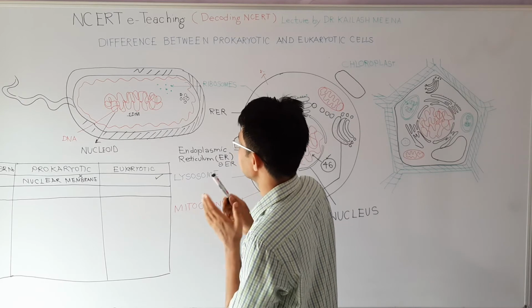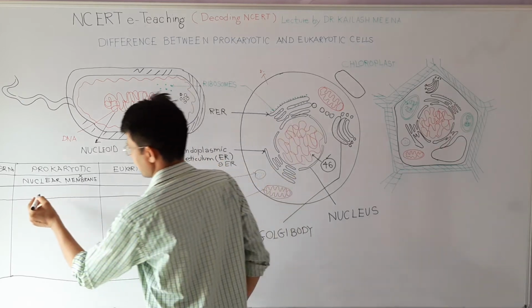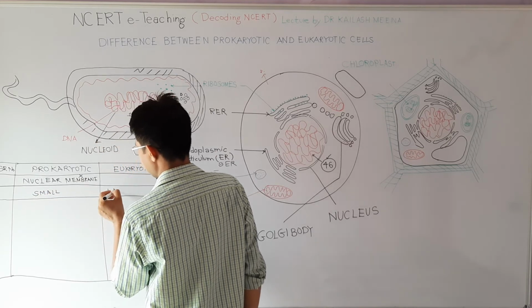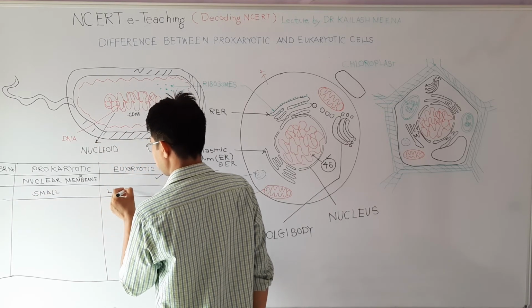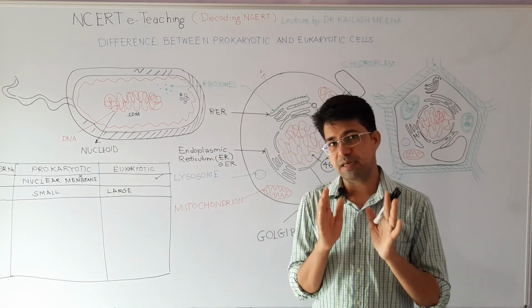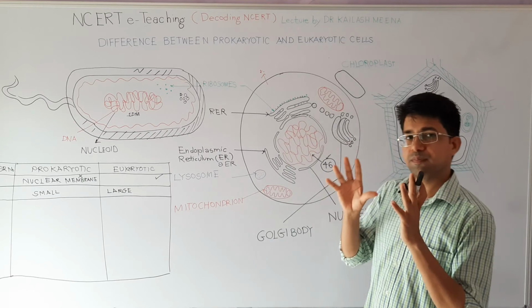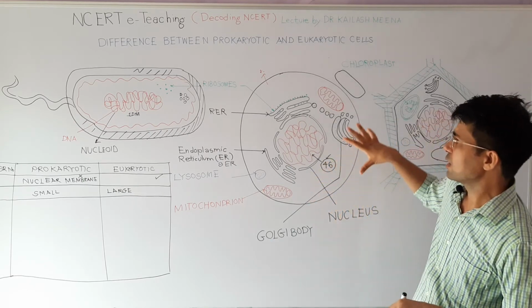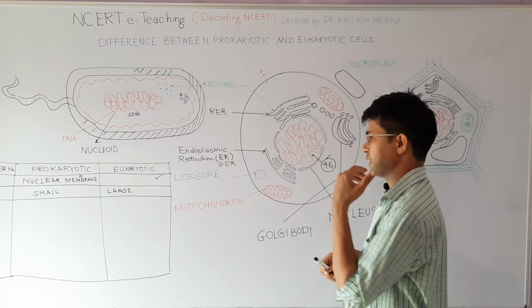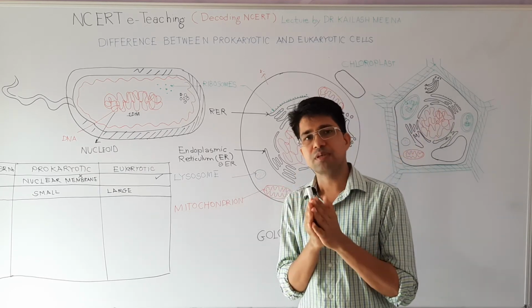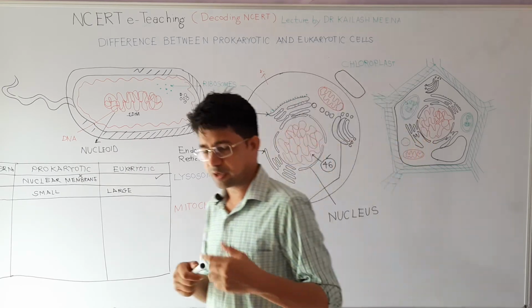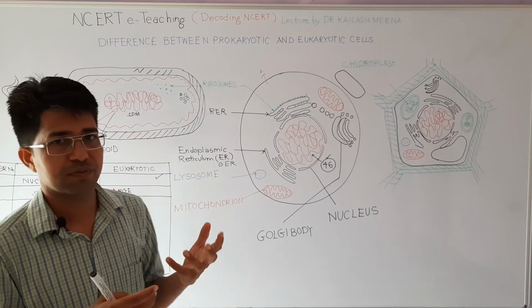Then second thing, they are small. So prokaryotic cells are small, and eukaryotic cells are comparatively large. And let me tell you again, cells are microscopic. We cannot see cells with unaided or naked eyes. We need an instrument called a microscope. But there are a few exceptions. Eggs, for example. Eggs you see in the market are actually single cells, but they are exceptions, and we cannot learn about the structure of the cell by seeing eggs.